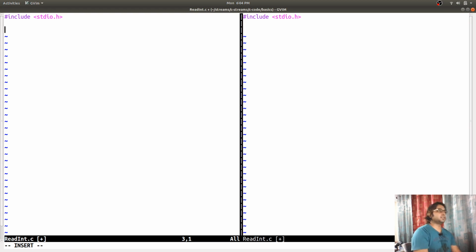Moving on to this, this is my Java file, that is my C file. So in Java I don't need to import anything for performing standard input output operation, but I have to create a class for that.